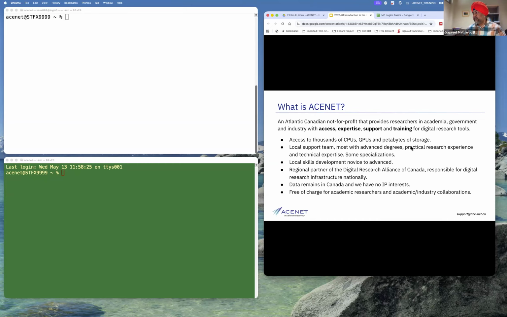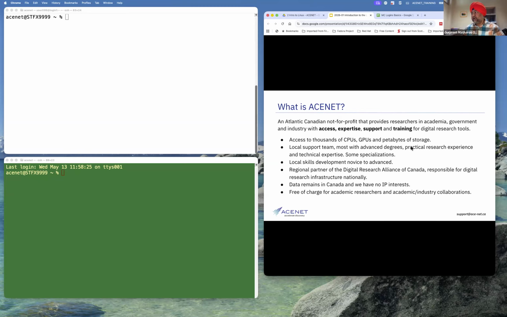At the top we have the Digital Research Alliance, and one level below, we are sitting in Atlantic Canada, so we have ACENET. Likewise, in other parts of the country, we have sister organizations, for example Compute Ontario, Calcul Quebec, and in the West, there are two, BCDRI and Prairies DRI.